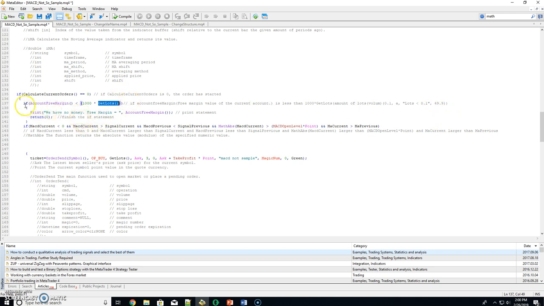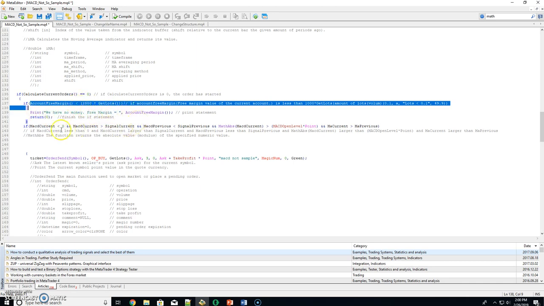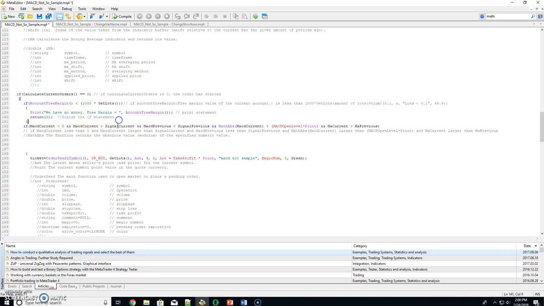So if this statement is true, then it's going to print we have no money, because the free margin is less than 100 times get lots. Then it will finish this if statement. Otherwise, if the first if statement is not true,